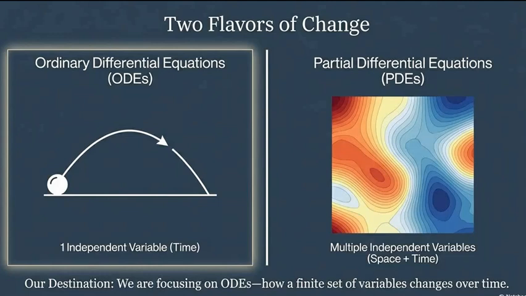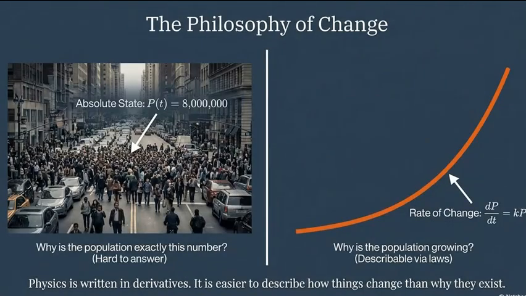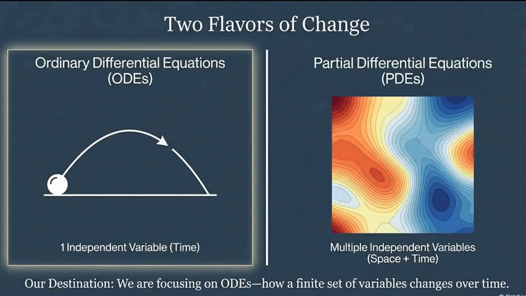Because the premise of the sources we're exploring today is that this math isn't just about crunching numbers. It's a completely different way of viewing how the world works. It's a shift from seeing things as static stuff to seeing things as change. That is the absolute key right there, change.